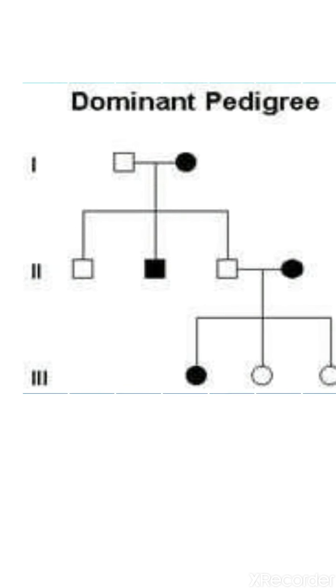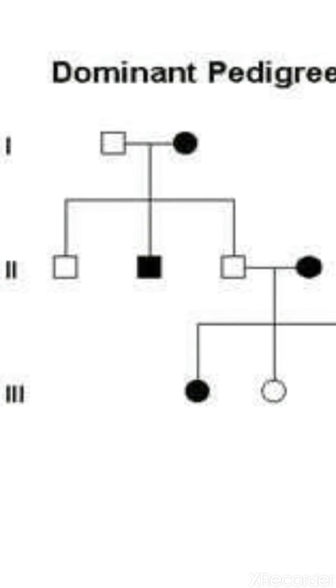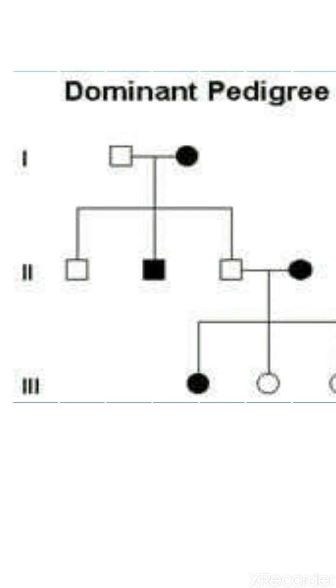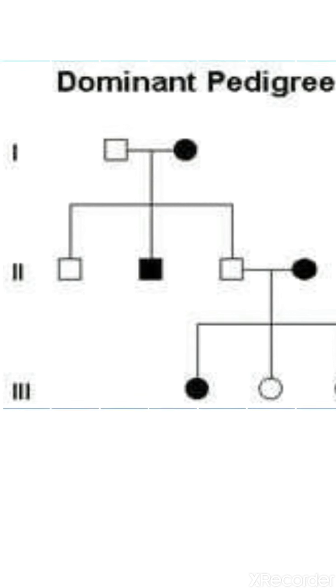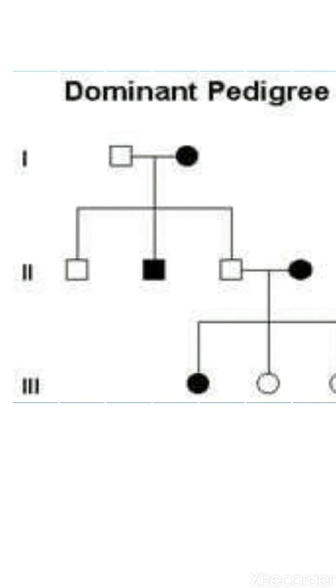Here the first generation is the parents. The mother has the particular trait we want to observe. They have three kids, all males. The second male child shows the trait, but the other two are unaffected. Why is only one male child affected and the other two not? Because the mother is heterozygous for the trait.